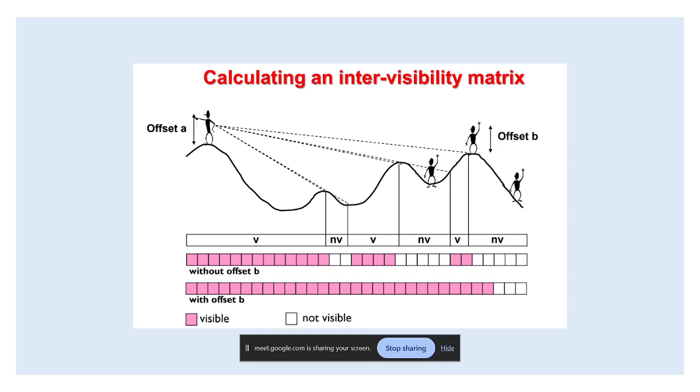So this is the offset, like the intervisibility matrix. Here, this is the offset that we need to provide while we are doing the modeling. So if you provide the offset as 0, that means there is no offset, because this human height is the one that is being considered. Okay. So when you say 0, then the human height,